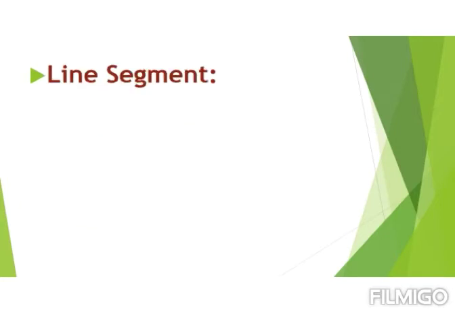Line segment. Line segment is a part of a line. That means it doesn't have an arrow in it, but it has an endpoint. We can give the name of the line segment as AB, PQ. The difference between the line and the line segment is the line can be extended from both the sides as much as we want or till the edge of the paper. But line segment we cannot extend as it has endpoints at both the ends. We can write the name of the line segment as seg AB, seg PQ.